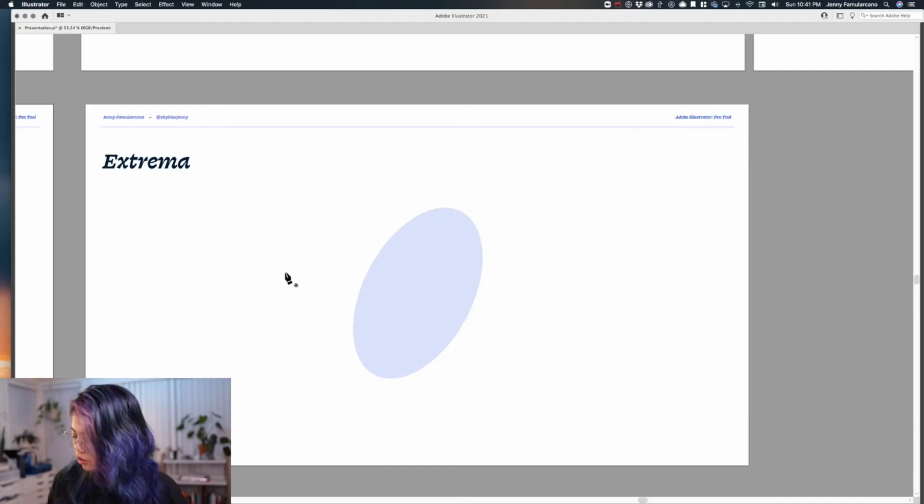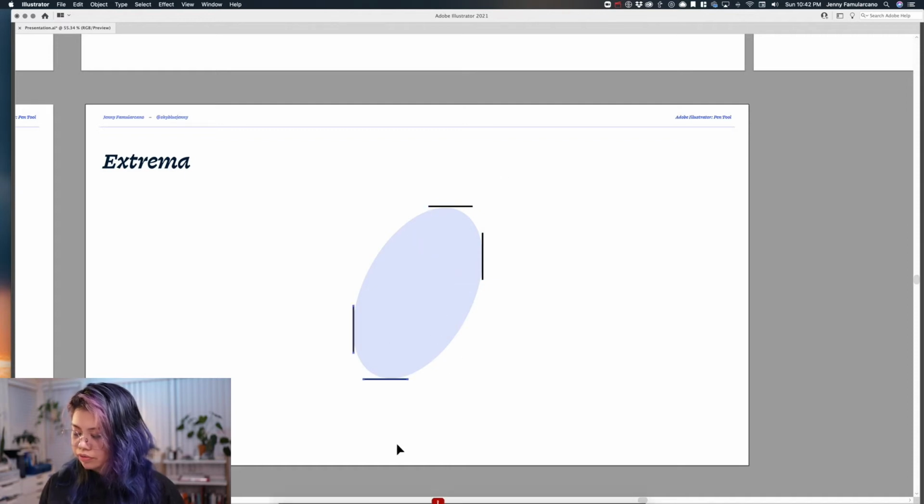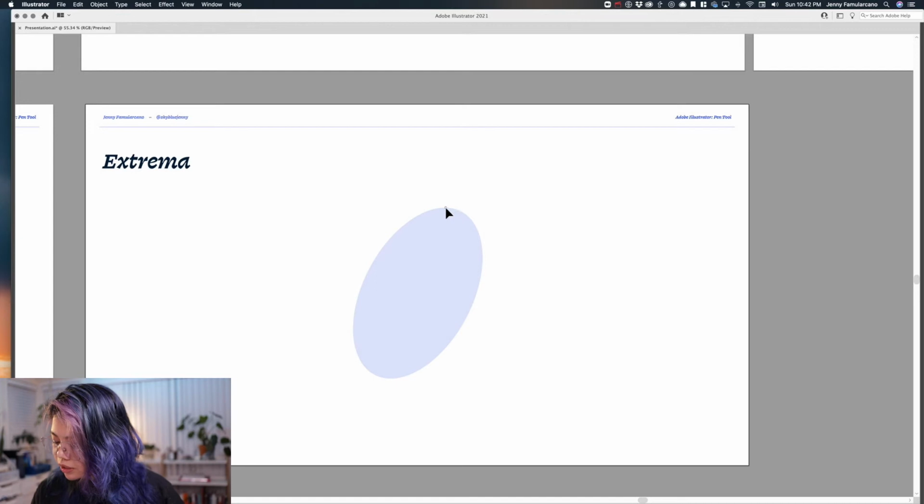So in the situation of an oblique or an oval that is slanted, which is the shape that I like to use very often, your extrema are going to be over here and also over here. And then the reverse of that will be right over here. And those are where your anchor points should go. And the way that this will look is by placing your anchor point, holding down Shift, and then going all the way to the extreme part